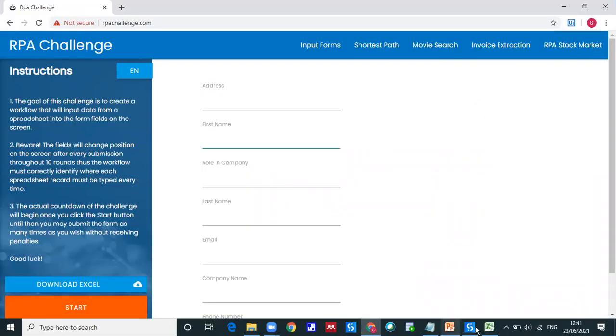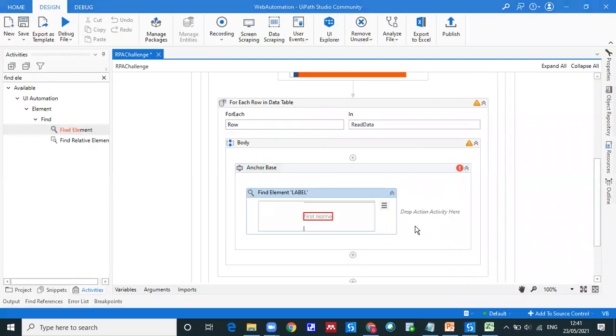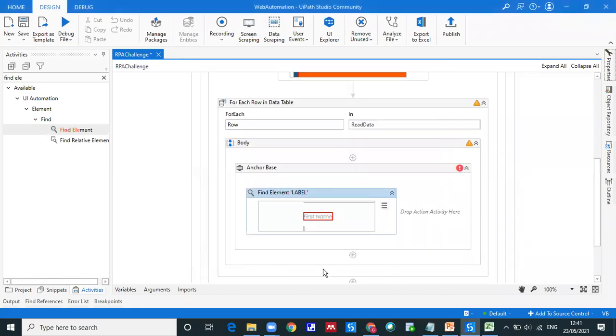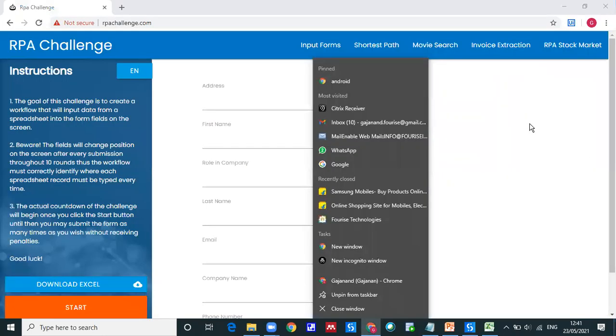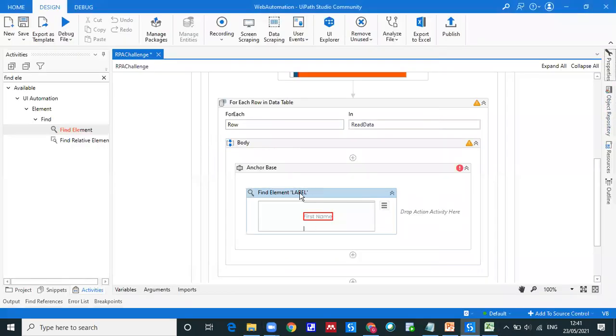unselect this. Okay. Now I'm going to click that first element, first name. It's going to validate whether it's really valid or not, and highlight it. Yes, it's going to highlight first name. So on the screen, irrespective of its position, wherever it is, at the bottom, at the middle, at the top, at the right side, I will find first name, then I will write down the data. Are you getting this point? Yes, sir. Great. So this is how we are identifying all the labels or all the anchors.